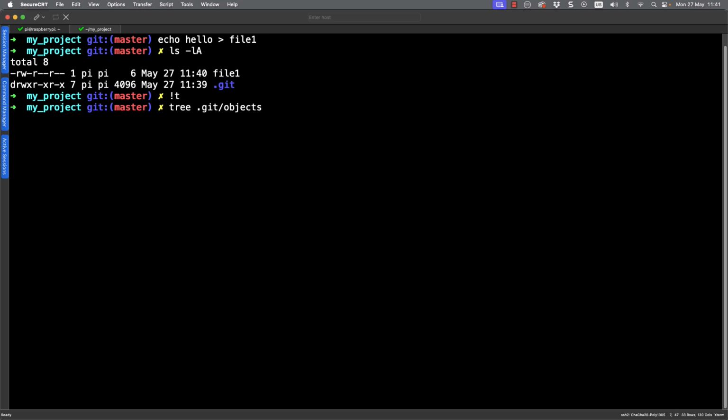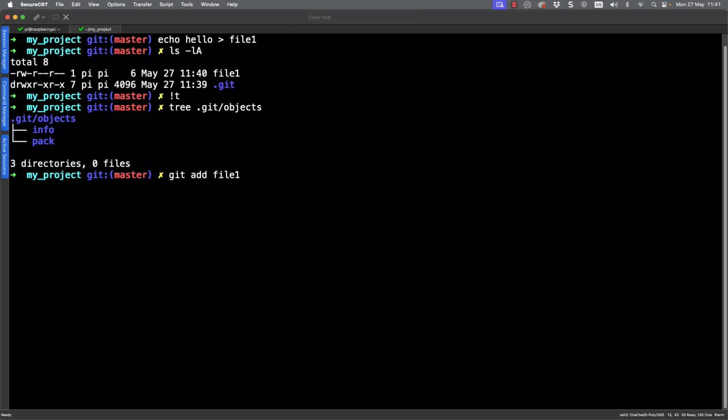So yes, it is in my Linux file system and it is in my repository directory. But when I look at the contents of the repository inside of .git and objects, we can see that we still do not have a file object, or what in reality will be a blob object, created. So the file at the moment is entirely within my file system.